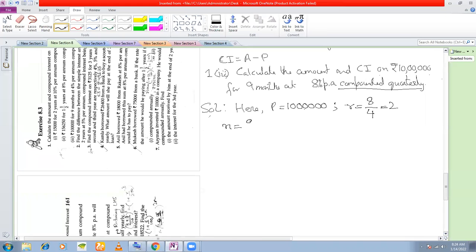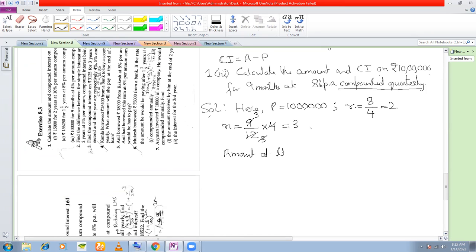First, you convert months into years. So 9 months is the same as 9 by 12 years. And because the interest is being compounded quarterly, you are dividing the year into 4 parts, so you multiply this by 4. Is this absolutely clear? So now you see the value of n comes out to be 3. Okay, so amount at the end